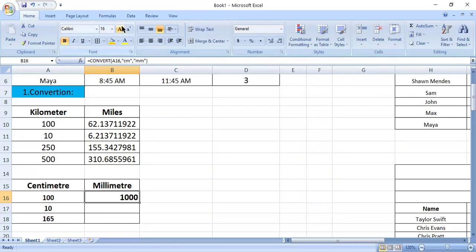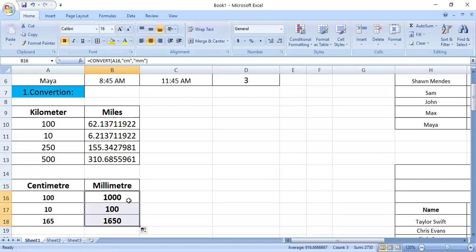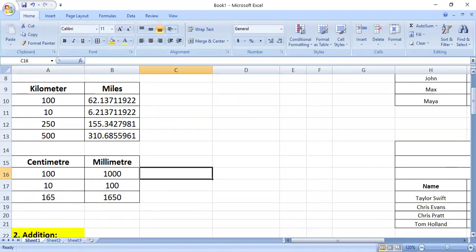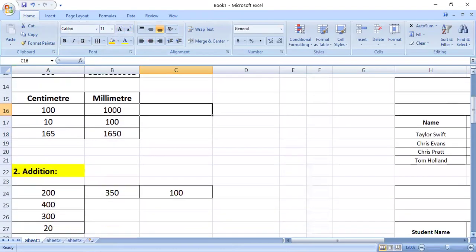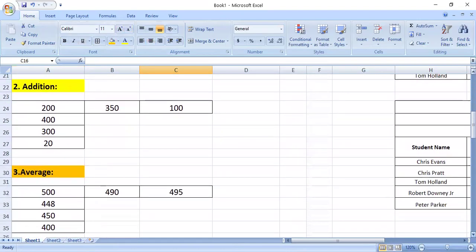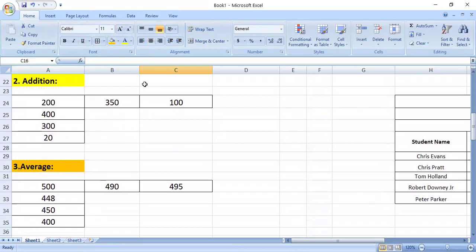And here the size that you can see. Then pull it downwards, and it will be copied the same way. You can increase its size. So yeah, conversion is done. You can convert to other units as well, like liter to milliliter, and meter to micrometer, etc. Now the second thing we are going to learn is addition, which is